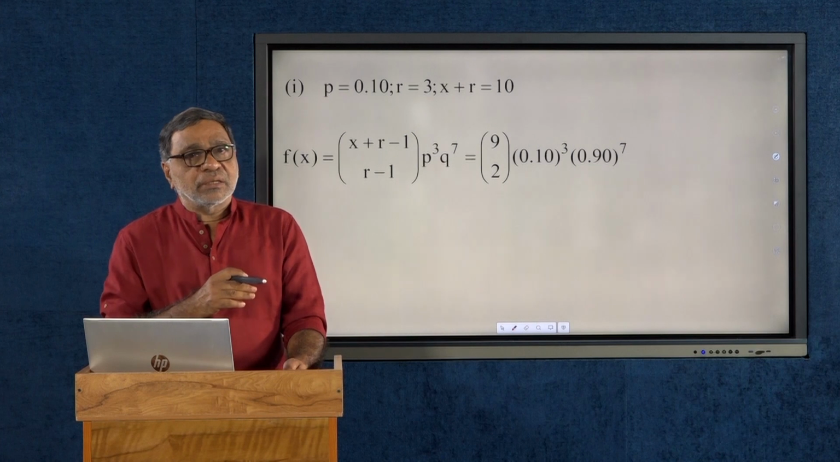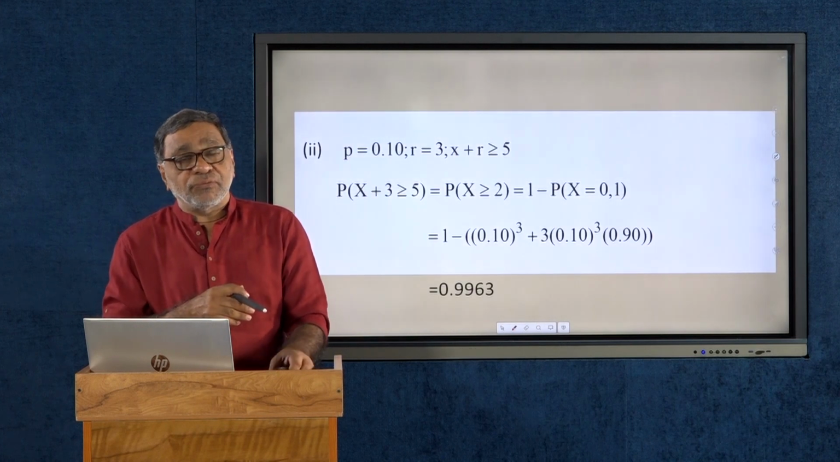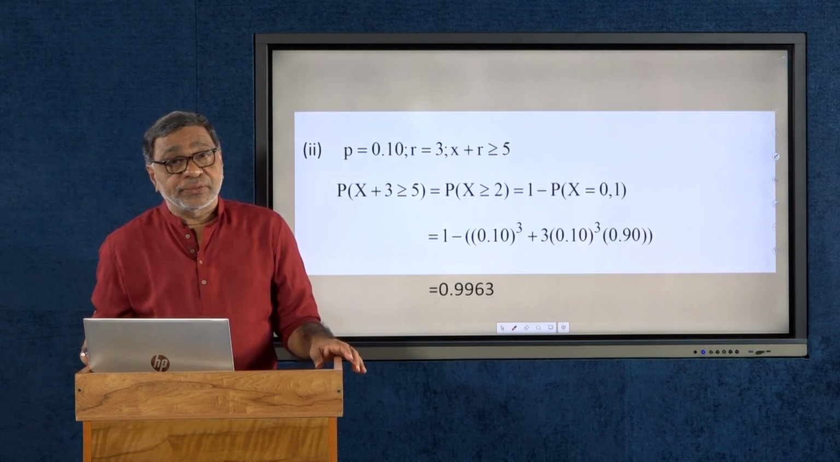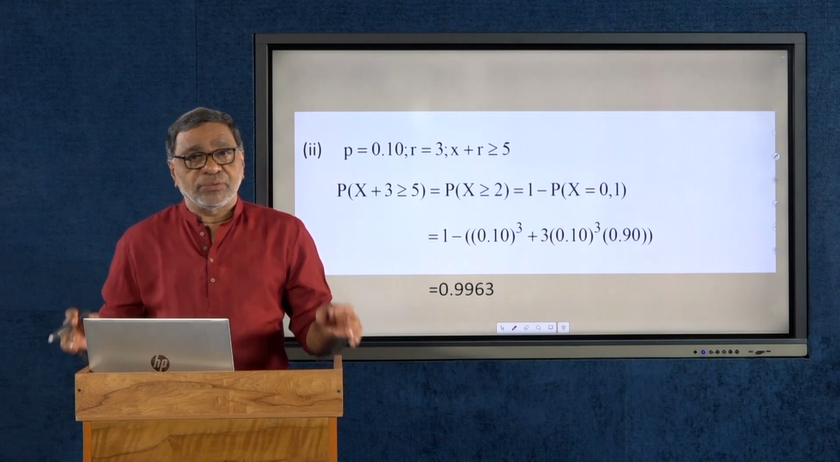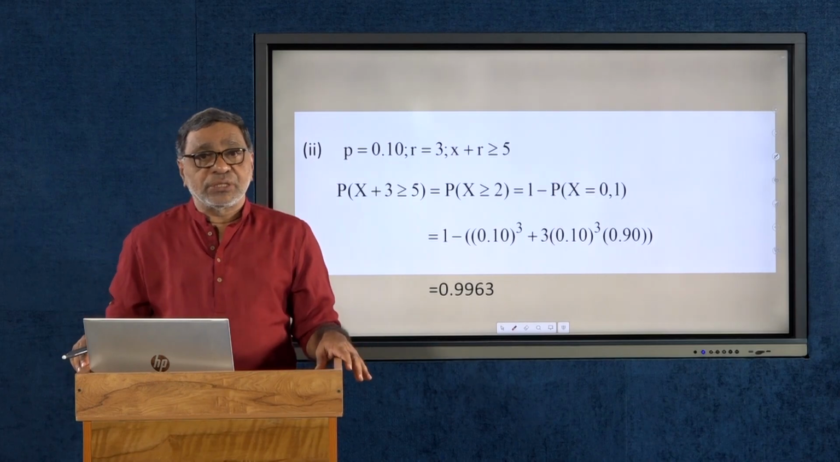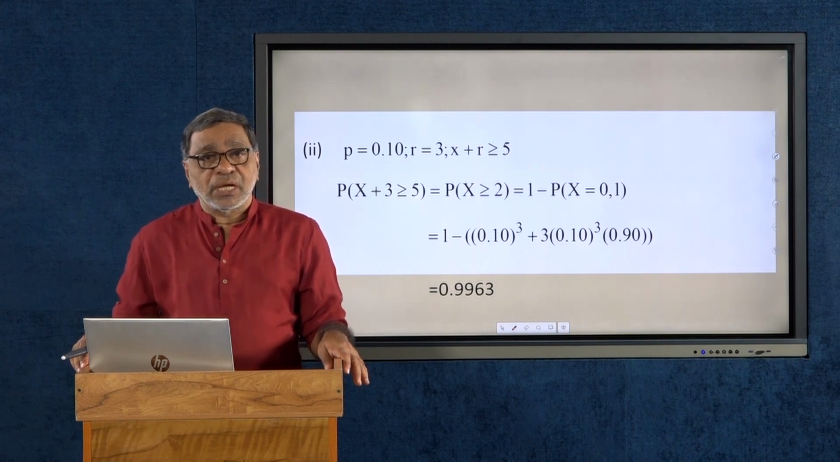Okay. And then second part of the question, we have to interview at least 5 applicants. So, that is the part. Probability is given as 0.10 and r is equal to 3 positions are there, and we have to interview at least 5 applicants. So, x plus r greater or equal to 5, and probability of x plus r greater or equal to 5 means x plus 3 greater or equal to 5, and substituting all the values you will get the second, and this value is equal to 0.9963. After simplification of this expression gives the value 0.9963,